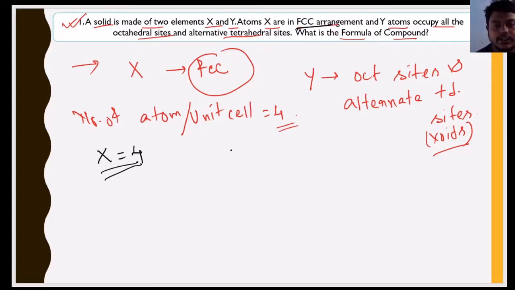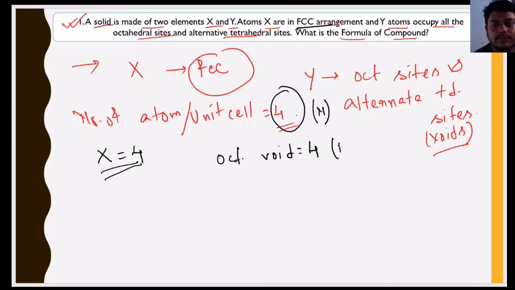सो फॉर द वाई, अगर नंबर ऑफ एटम तुम्हारा 4 आ रहा है, देन द ऑक्टाहेड्रल वॉइड कितना आएगा, ऑक्टाहेड्रल वॉइड शुड बिकम 4, बिकॉज आई एक्सप्लेन इफ द नंबर ऑफ एटम पर यूनिट सेल इज n, देन द ऑक्टाहेड्रल वॉइड विल आल्सो कम एज n, and for the tetrahedral void it will come 2n। 2n मीन यहाँ पे आएगा 8, तो octahedral void आ रहा है 4, tetrahedral void आ रहा है 8। I hope you understand, octahedral void is 4, tetrahedral void is 8।